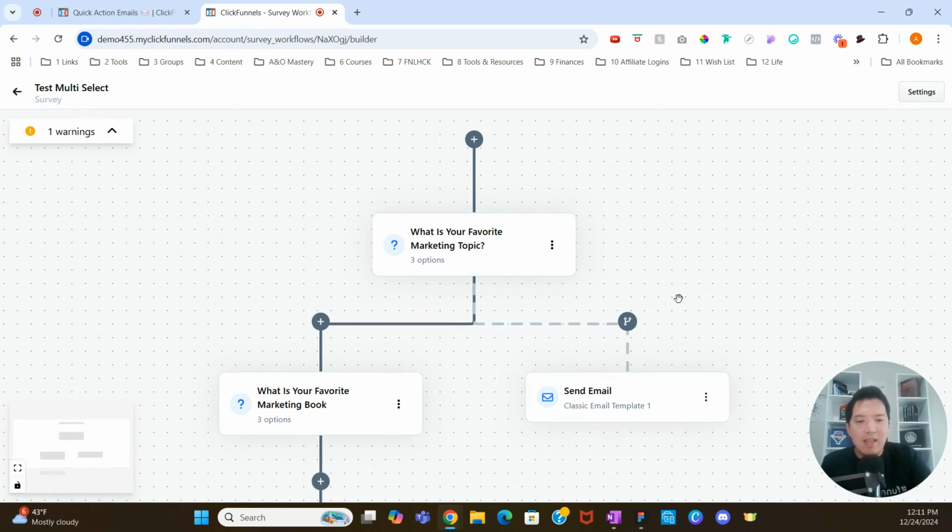And so that's how you add that quick action for the email. Like it mentioned, you do have full functionality of the email, so you could customize the email to whatever it needs to be. But at least right here, as people are going through the survey, you could easily send out emails for that. So that's the quick action emails feature inside the ClickFunnels 2.0 software, and this is specifically for